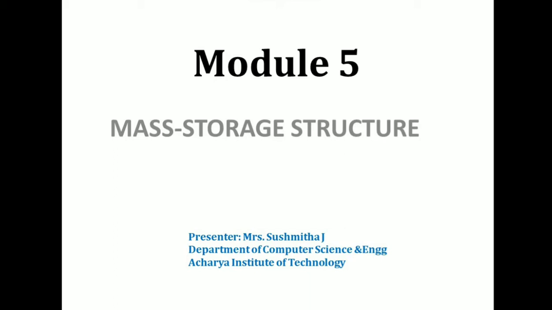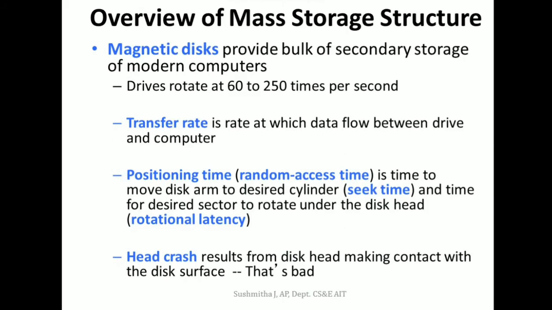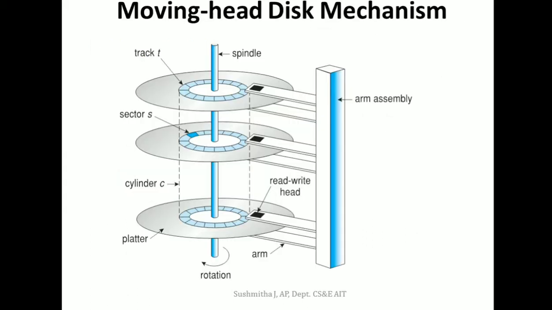So when I say mass storage structure, secondary storage, that is your hard disk. Hard disk, or we also call it your magnetic disk. Many a times when we were discussing sequential access, random access, tape drives, I have given you the example of your hard disk and its internal structure as well. So let us look into it in detail. This is the structure of your hard disk that lies internally.